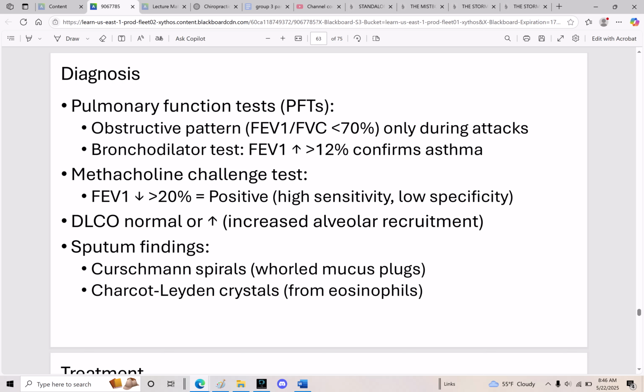First line, okay? So after multiple years of using it, can it create almost like a dependence on it? Not dependence, create resistance. Resistance. Okay. Right, and that's why we move. Sometimes somebody, not everybody, some people respond very well though. So if somebody develops resistance to one bronchodilator, that's why we call it a step up. So you have to get a more potent one, right? Okay. But you have to do it very